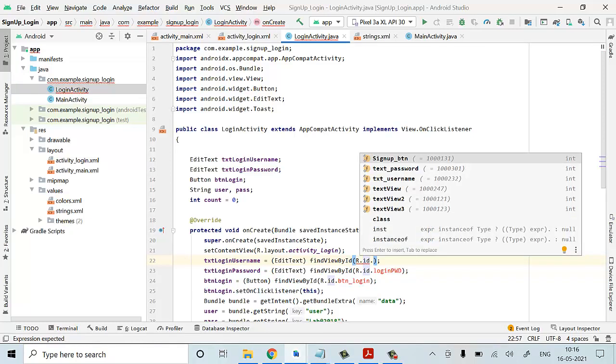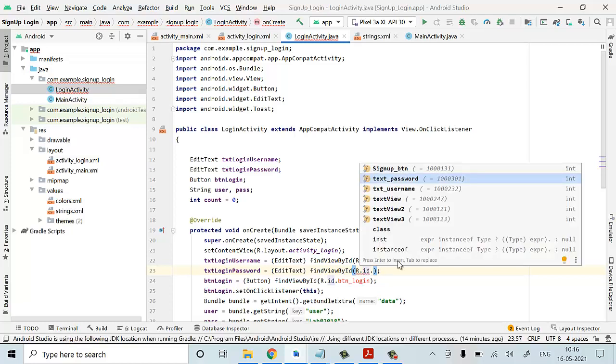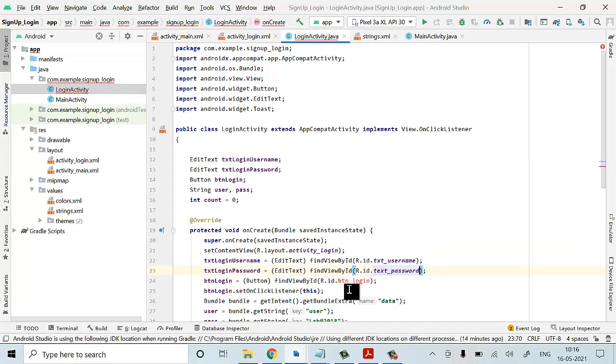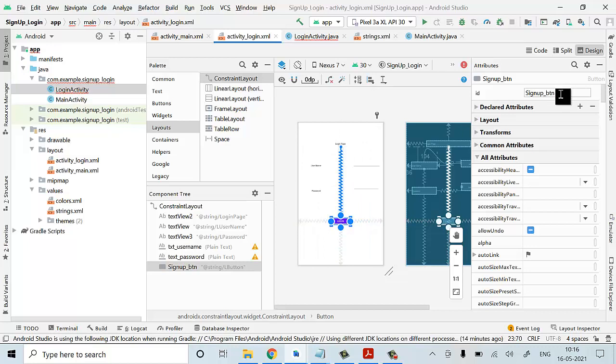So I have text username, I have text password. For the button, I have not specified the login. So I'll specify the sign up button it is there, so I'll specify login_button. That's it.